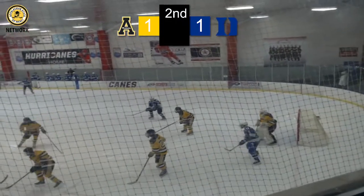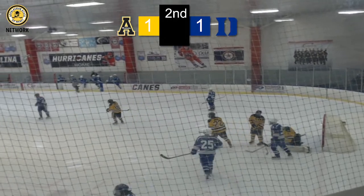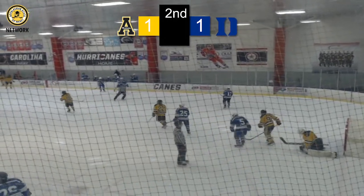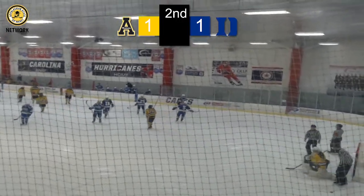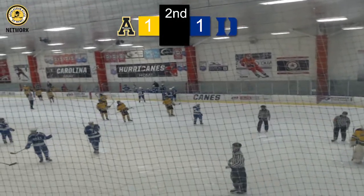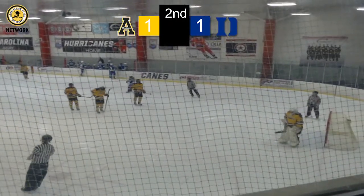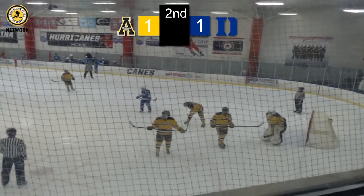Back check there from Humble breaks that up. That's on Cage, swallowed up by Wilcox. Still 44 seconds left to kill off. Another good opportunity on a fast break up for Henley and Humble, and they couldn't capitalize. Just missed opportunities. The name of the game right now for the Mountaineers,